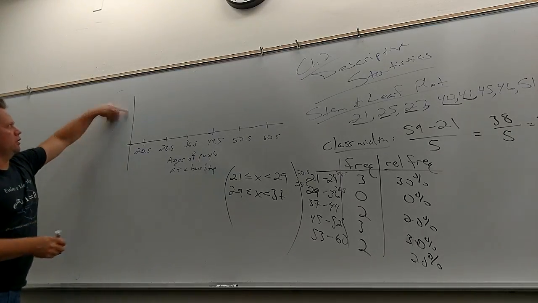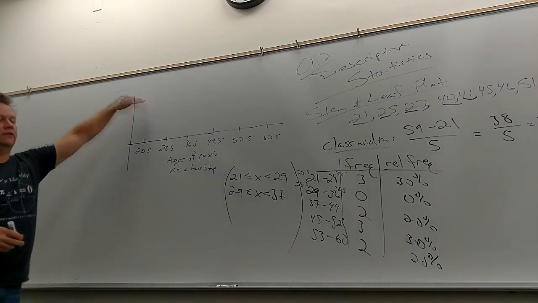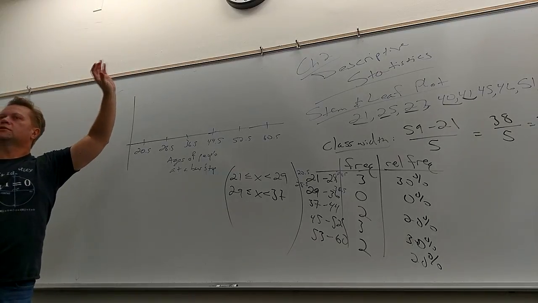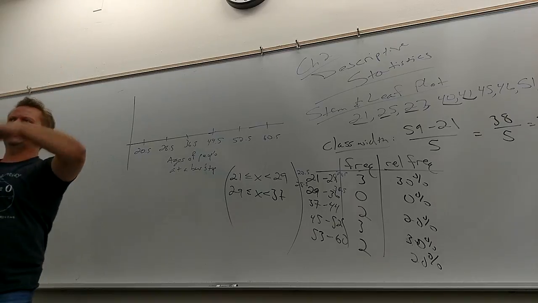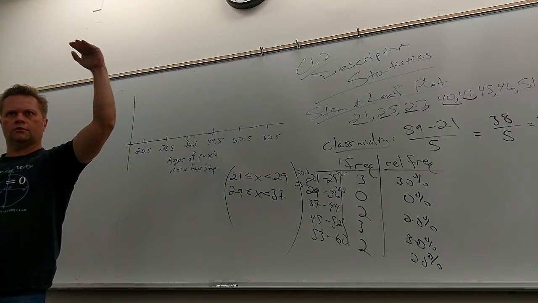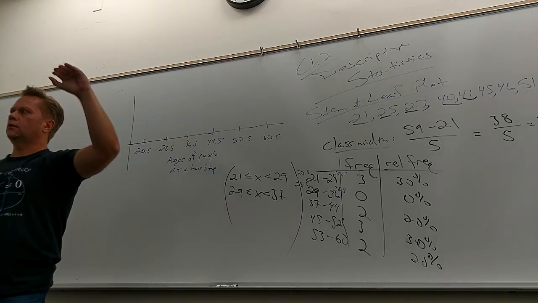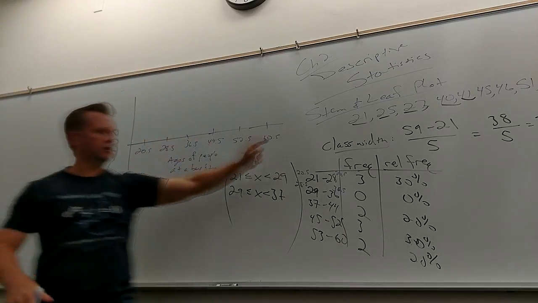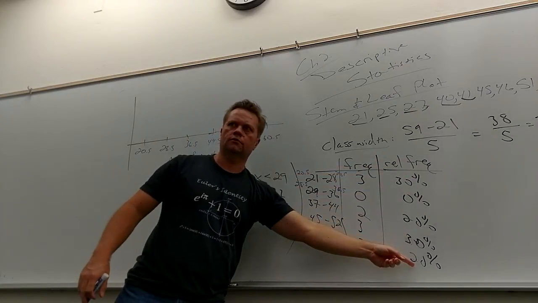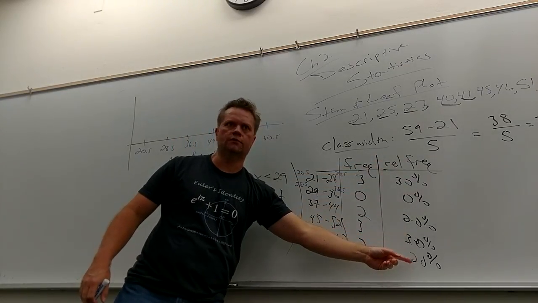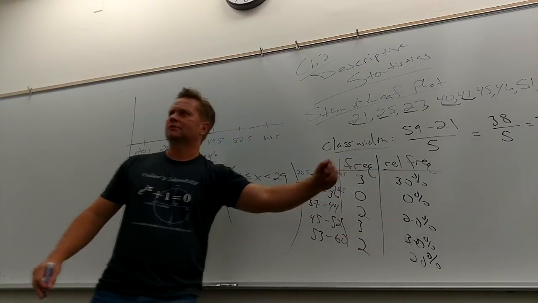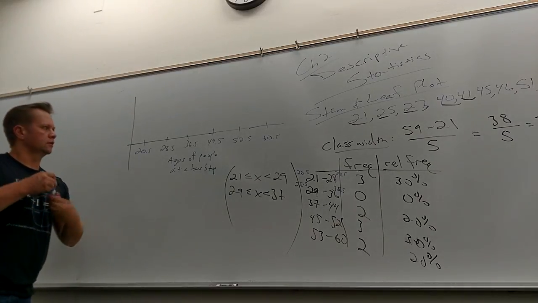So what am I going to use here? The height of the histogram should relate to, just like before, the height for the Toyota and the Ford related to the number of people there. So this one should relate to either the number or more generally the percentage. That's the one that makes a little more sense to us. Again, this is something that humans made up. Well, we made up everything, but